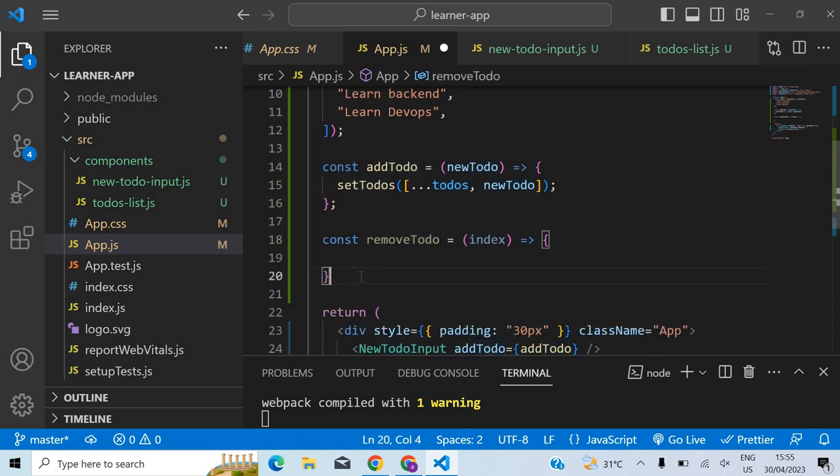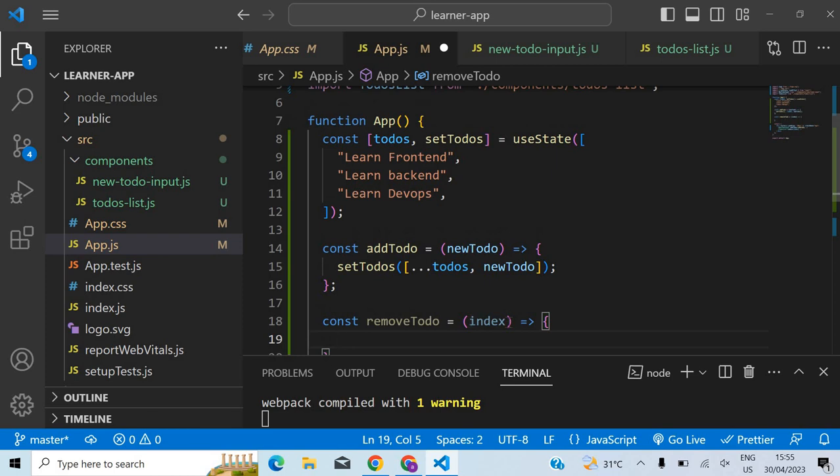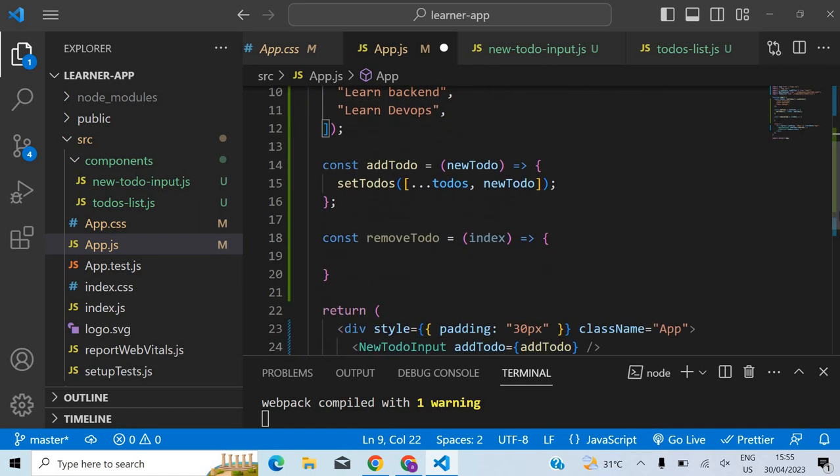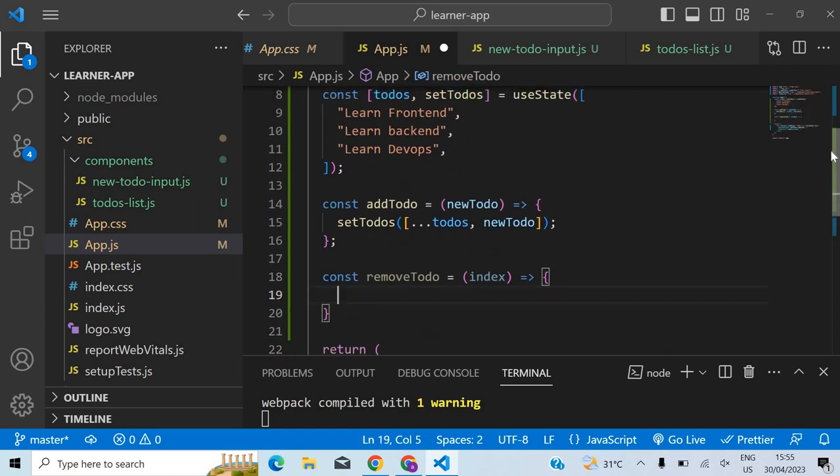Okay, so now you have solved LeetCode problems, right? You tell me the logic for this. If you see, these are the requirements, okay? I have the index here, which should be removed, and I have the array here, which has the existing to-dos, and we know that the array can't be mutated. Okay? So what is the logic for that? Yeah, first we will copy the array and then we will,